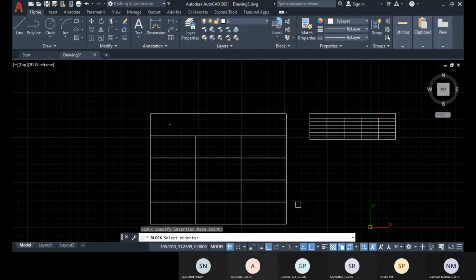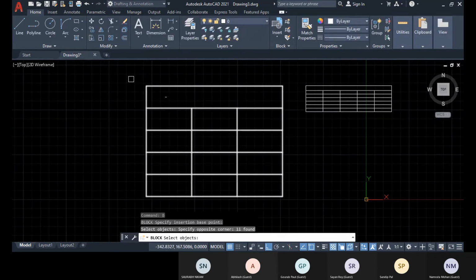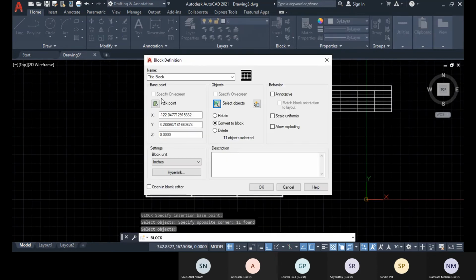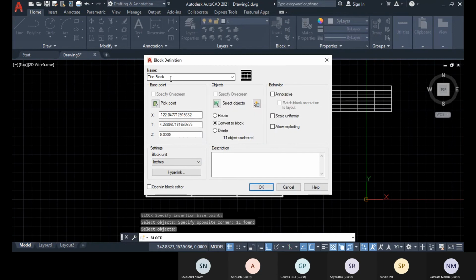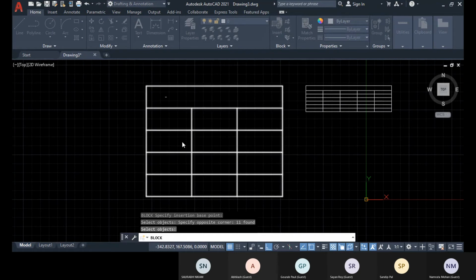So go to select objects, I'll choose this total, and you press enter, and this is all done, and the block unit is set to inches. So that is okay for now. Click on OK, and no, I think the same name is already there, so I'll choose title block 1 and click on OK.